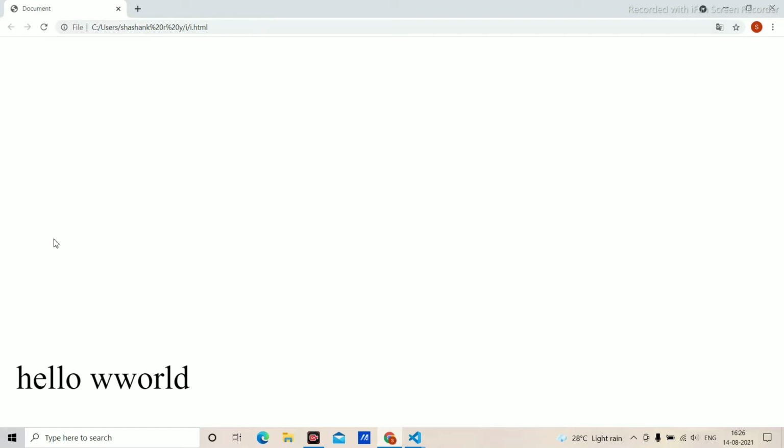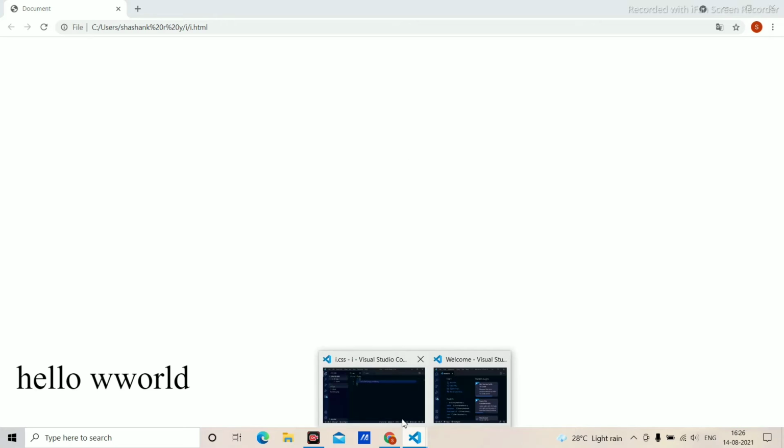As I explained, when I use visibility equal to hidden, it will not show anything, but it will allow some space. It is not showing anything, but it is allotting some place. Therefore, hello world is displayed lower here.